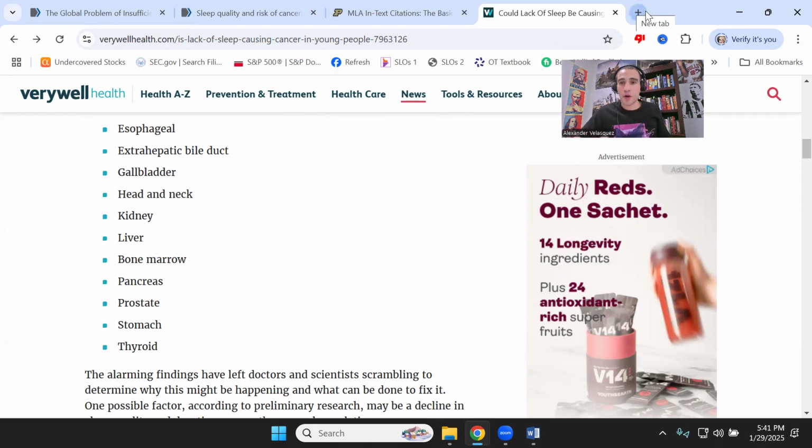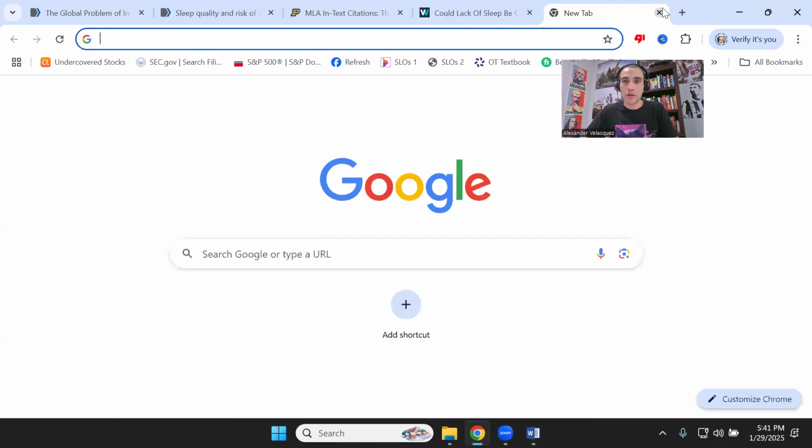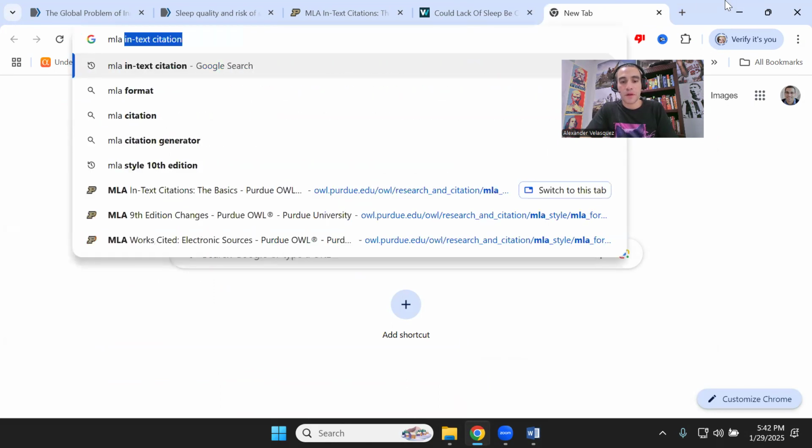Very easy. You're just going to go on the... I can show you directly how to do it, but I want to show you kind of if I didn't know how to do it. Here's basically what you do. Just open up a Google search and type in MLA